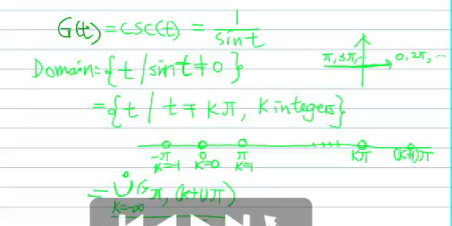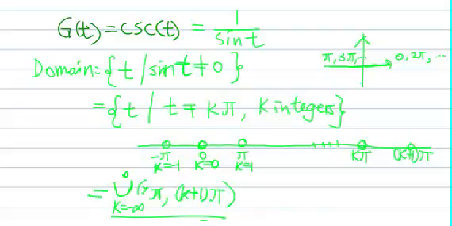Let g of t equals cosecant of t. We want to discuss its domain. Cosecant of t is the reciprocal of sine of t. And the domain of g of t is the set of t. T can be any real number except